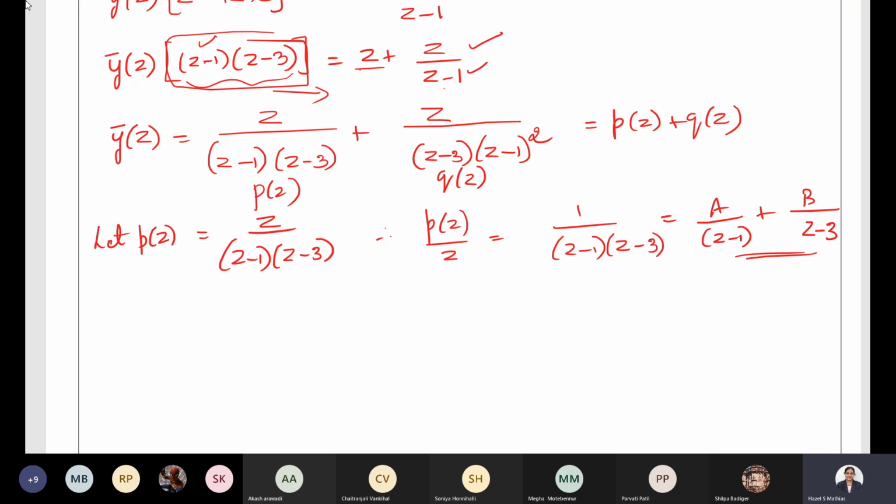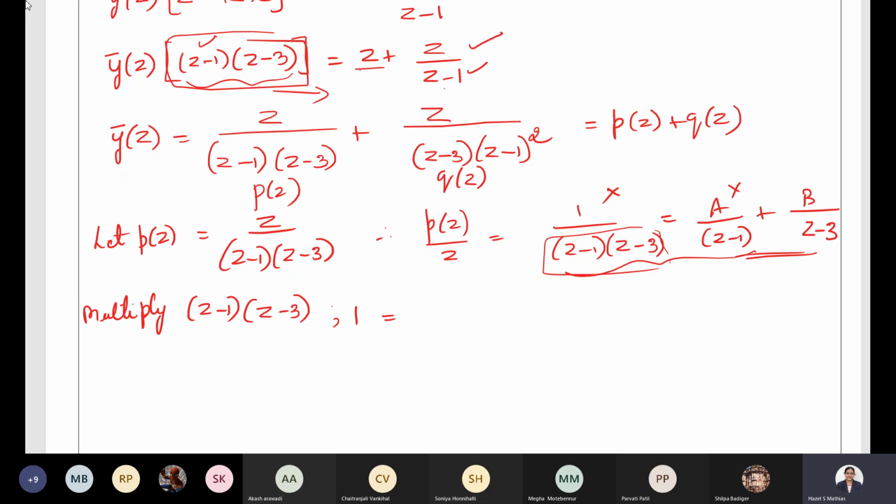This is by splitting, because we want to find the constants a and b by the method of partial fractions. So we have this equation, multiply the entire equation by the denominator, z minus 1 into z minus 3. When we multiply here, the denominator and numerator are the same, everything cancels, 1 remains, 1 equal to